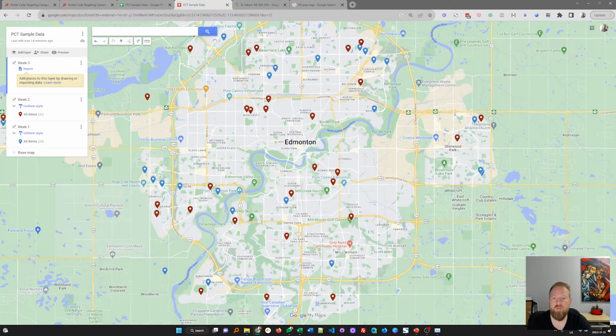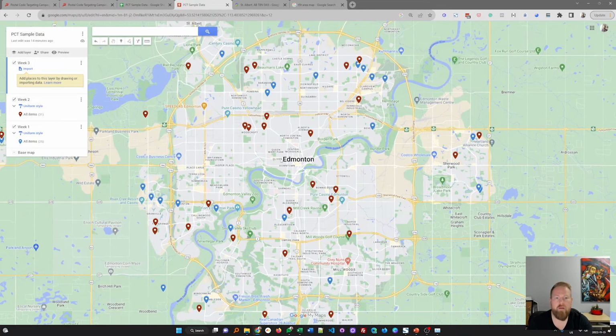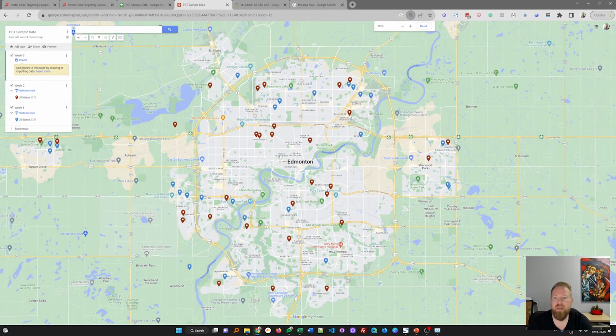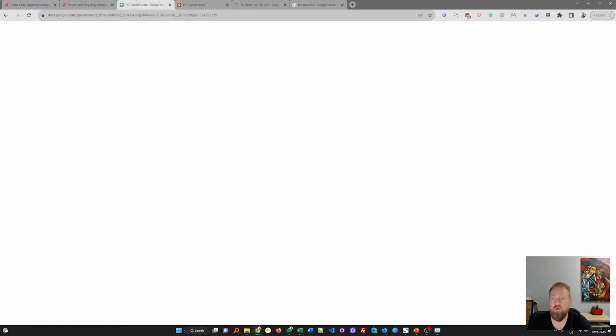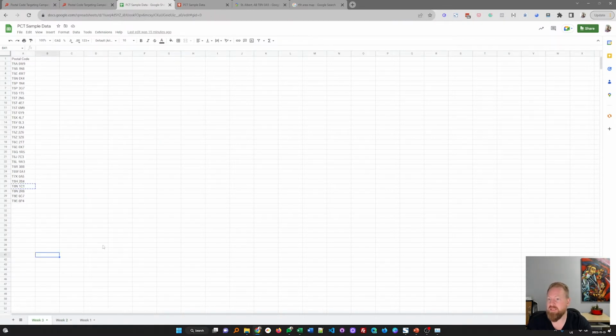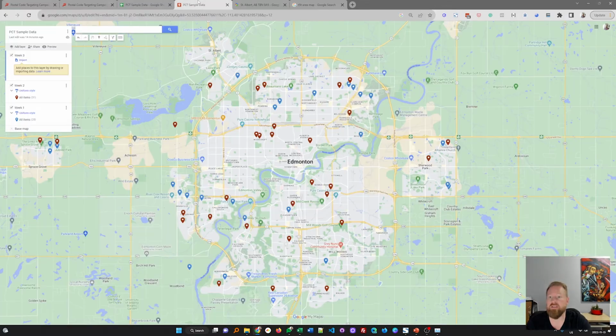Okay, so first thing, I do want to map my data because there may be some postal codes that fall in rural areas that I do want to potentially remove from my final list. Rural is very different. We can talk about that in a different video, but for today we're targeting urban is really what we're doing. So I've got this week 3 tab inside of my data sheet, and